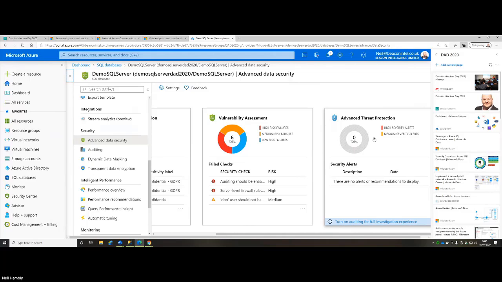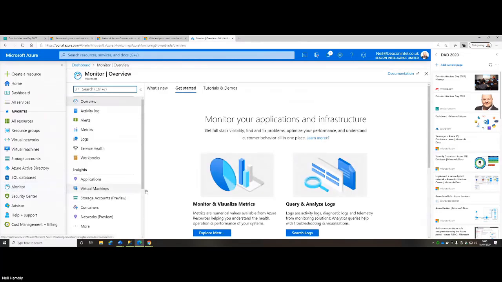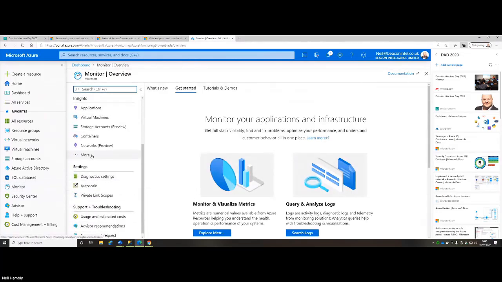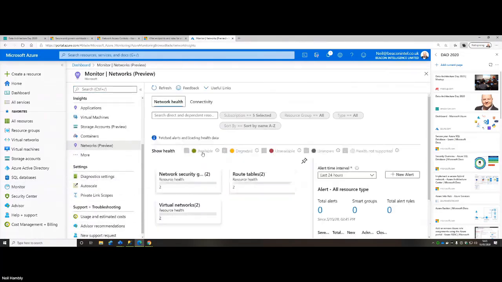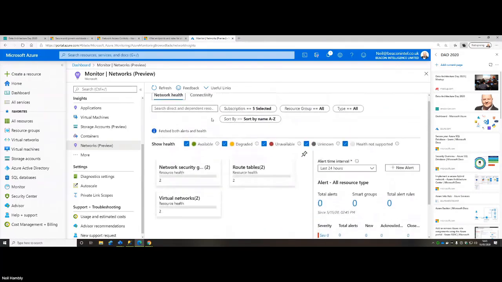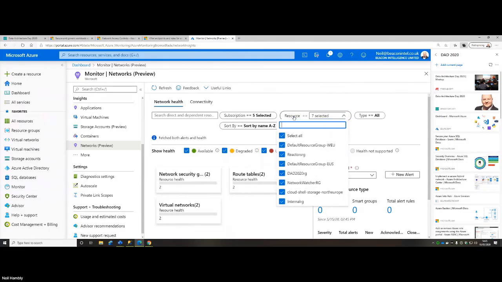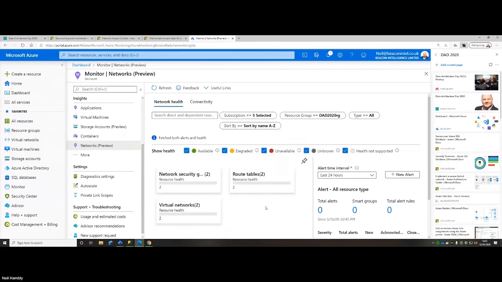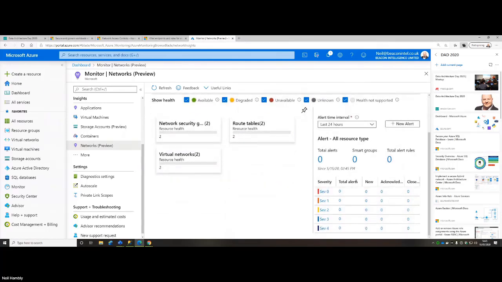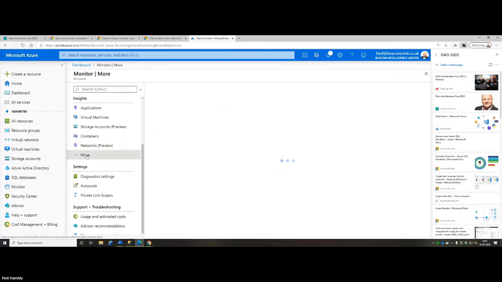But look at what you deployed and how we monitor it, for example, with the monitor tool, and look at network. We can actually go and look at the network capability and some of the services we have. Let me just filter for that resource group that we are currently involved in. I can see I've got no alerts, no issues at the moment, but this is where maybe I would start seeing more information.